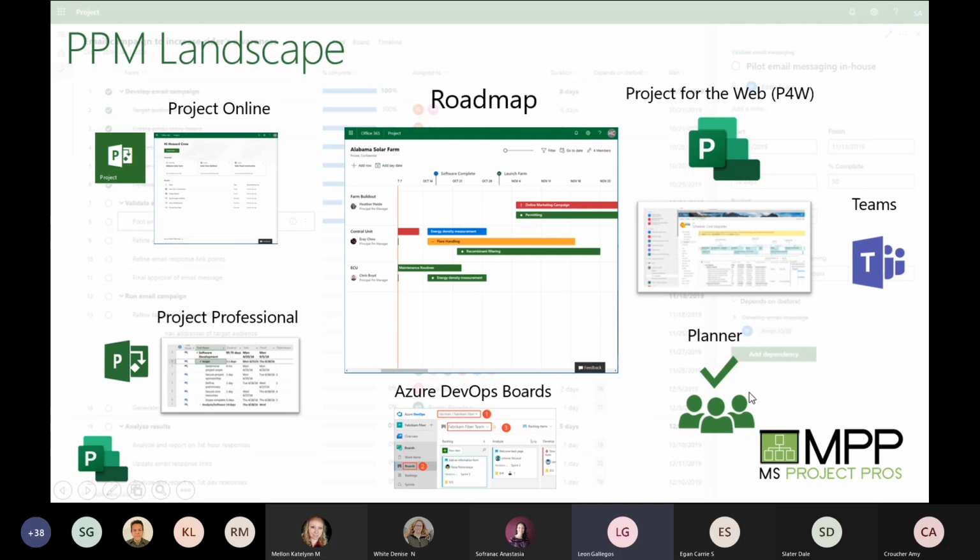Planner was mentioned over here in the lower right-hand corner where I'm kind of rolling my point around, and right in the center is this roadmap. So I'll talk a little bit about each of these, and then we'll go in and take a look at them. So roadmap was really designed to allow for an organization to pull in very specific project information into this